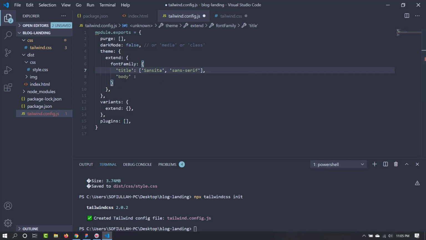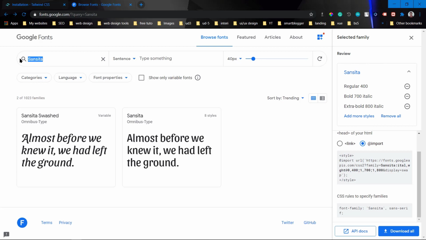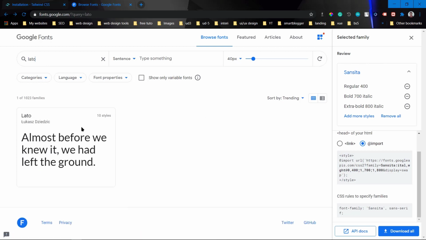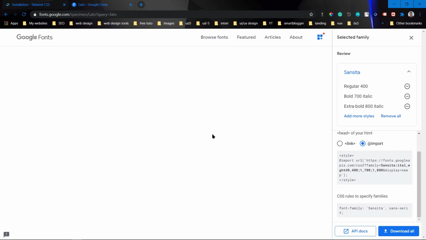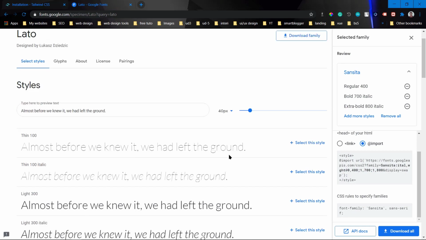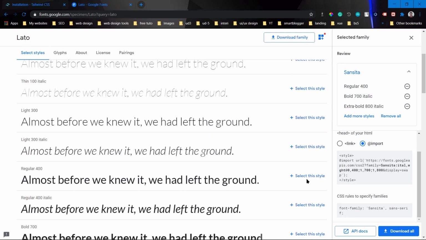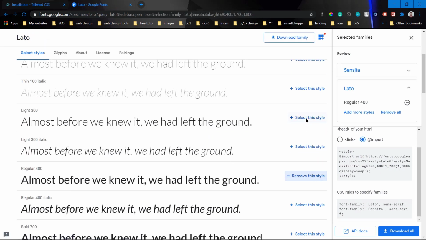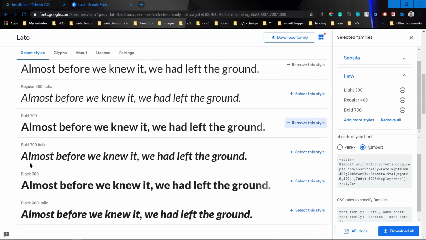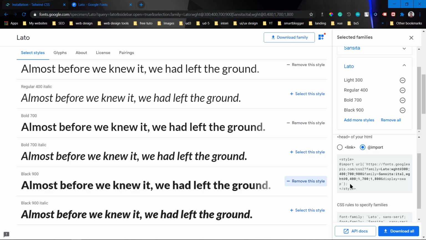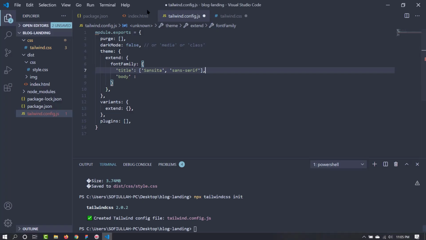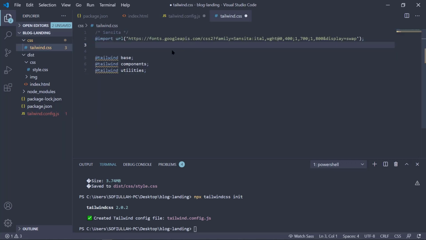Now we need to add the body font, the Lato font. Let's get that from here, Lato. We don't need the thin one. Let's get the regular, maybe light, and bold, I think black. Now we need to import it. Let's do that. We need to put it inside the Tailwind CSS. It is the Lato.